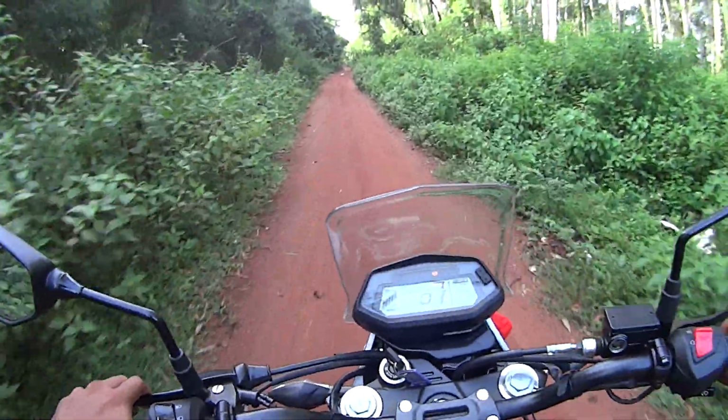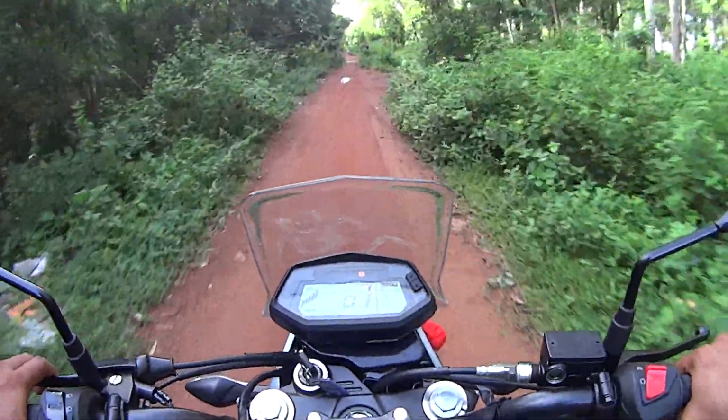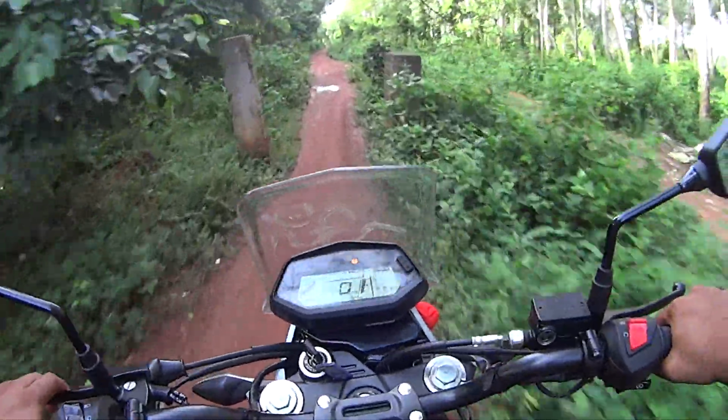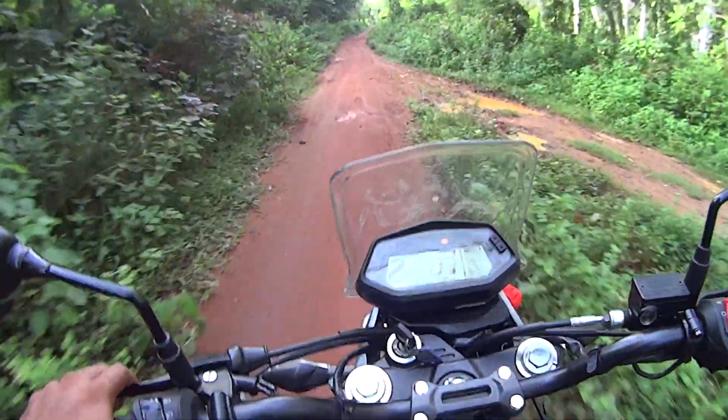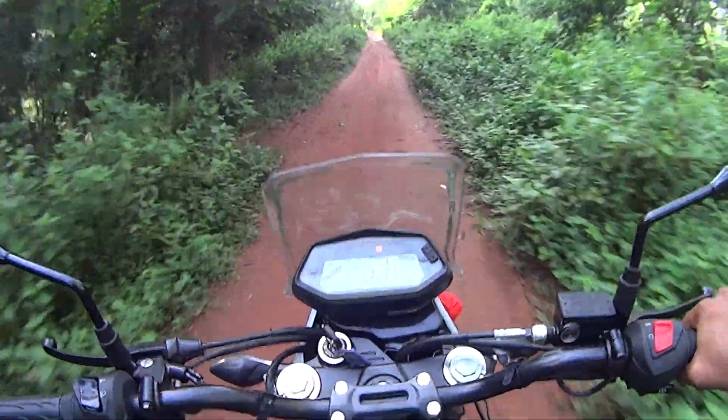So talking about the bike, it's pretty good for the price point, I think, but there are some niggles, the things that you don't really appreciate until you get your hands on it. The first thing I feel is the finish. A lot of finish issues in this, and